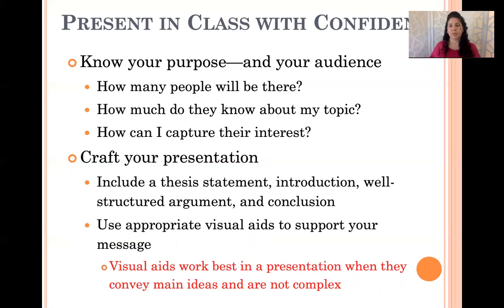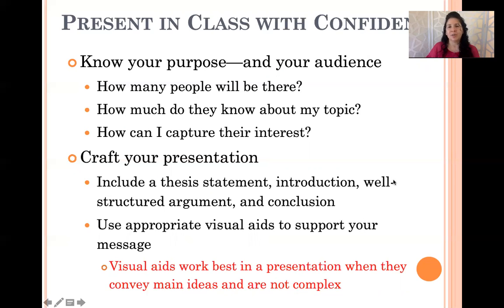I always tell students, if you struggle with public speaking, then you want to look right over the heads of everybody at the back wall. If you look right over their heads, they think that you're looking in their direction at least, right? You don't want to be looking at the floor or only at the board or in a corner of a room. Right? Eye contact is important. So make sure that you have all these different things to craft into your presentation, and use visual aids.